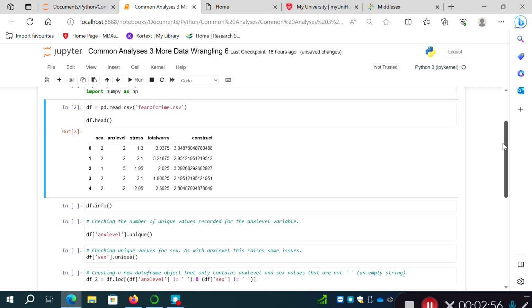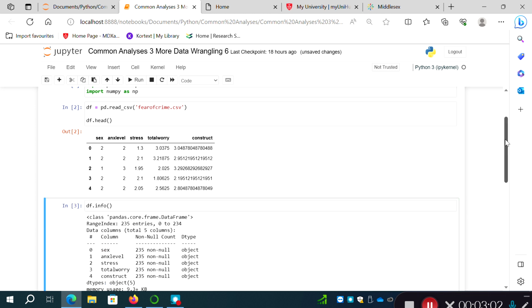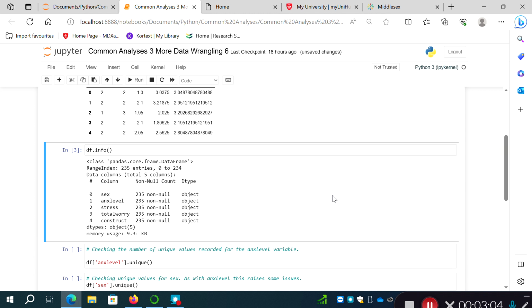If you remember from a previous video, if I run the df.info method, we get some information about the variables in this data set. There are 235 entries, and it's showing 235 non-null entries for each of the variables. So it looks to us like there are no actual missing values, but there are some missing values, and the data type is shown as an object. So they've all been imported as strings, even though a lot of these are decimals or integers. Not quite sure why that is,